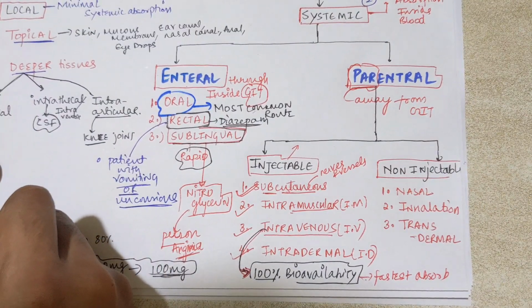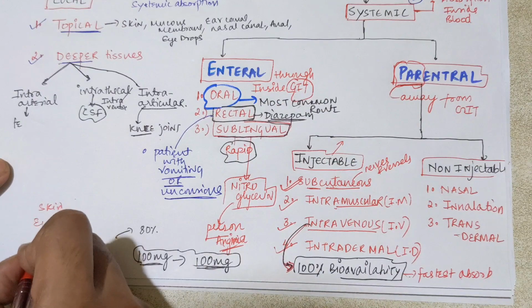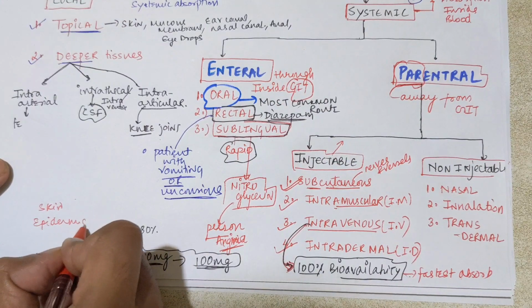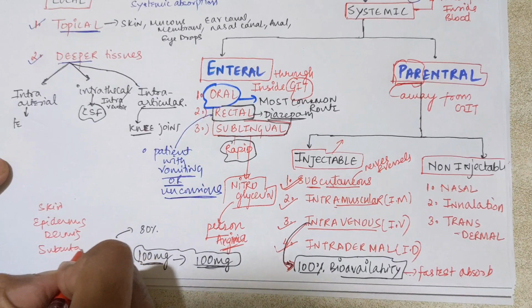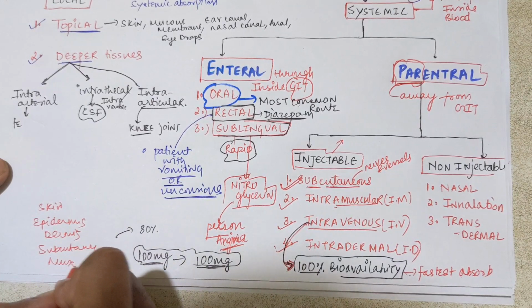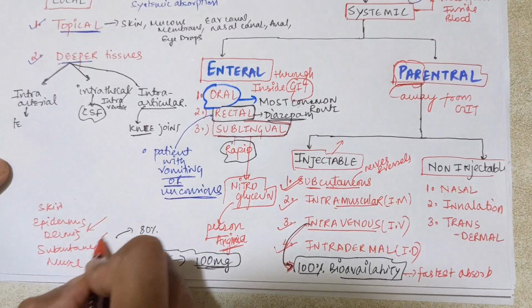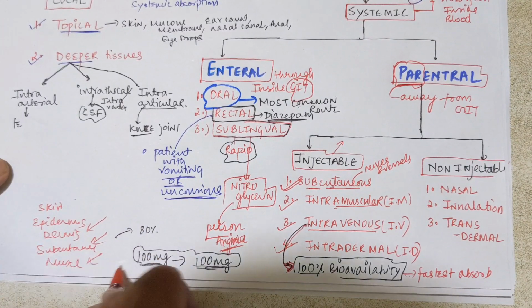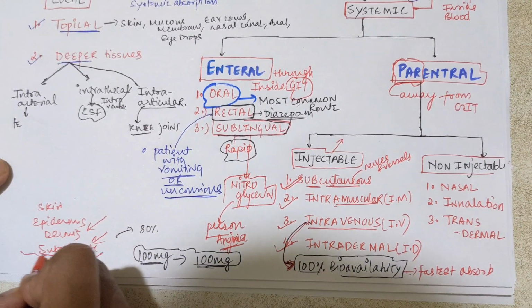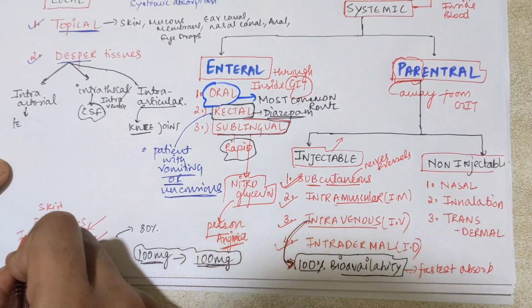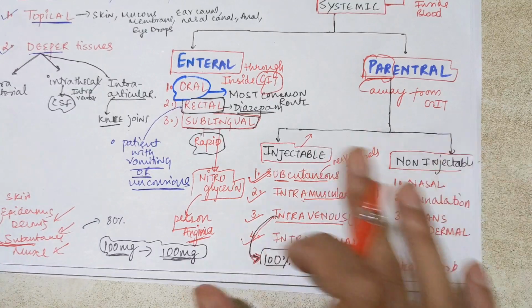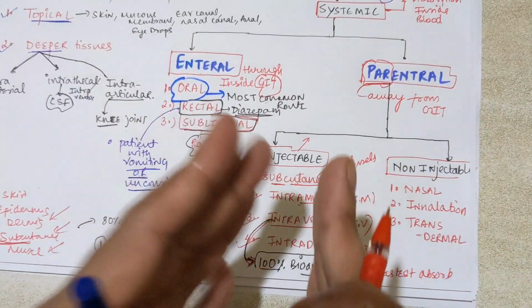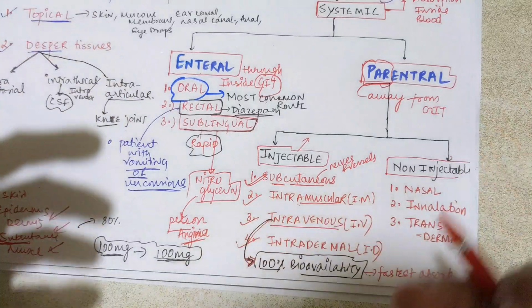First layer is the skin, then comes your epidermis, then your dermis, then your subcutaneous tissue, then your muscle. So dermis will be intradermal, then the subcutaneous route, then muscle. And veins are present at the subcutaneous level, so here will be IV. So these are the four routes we will be using through injections. Okay, done. We will discuss later in detail all the advantages, disadvantages and some examples of the drugs in the later videos.